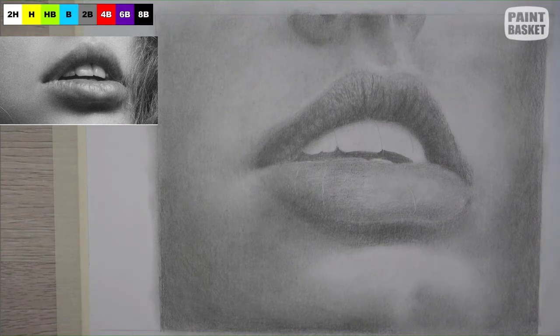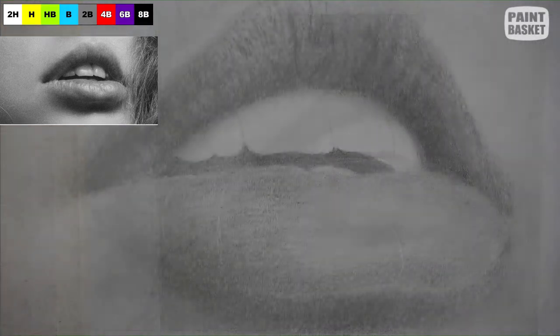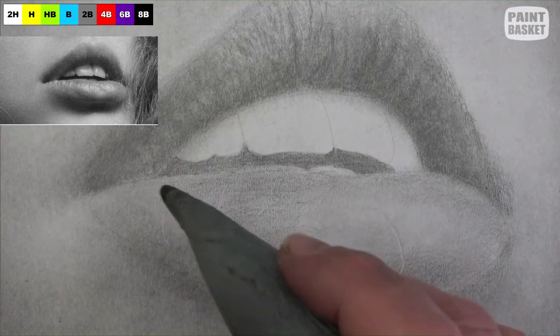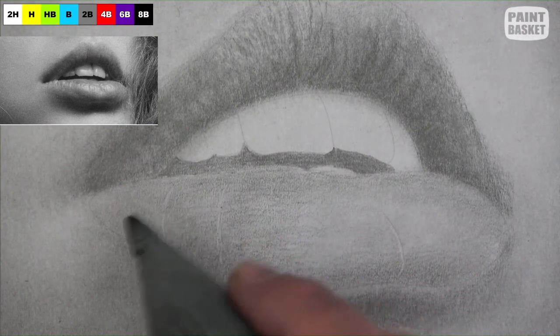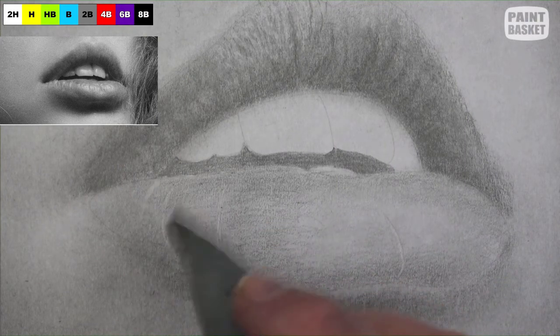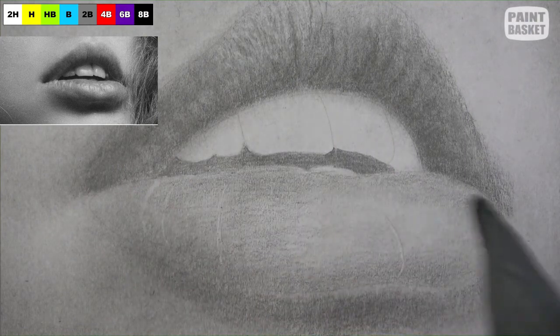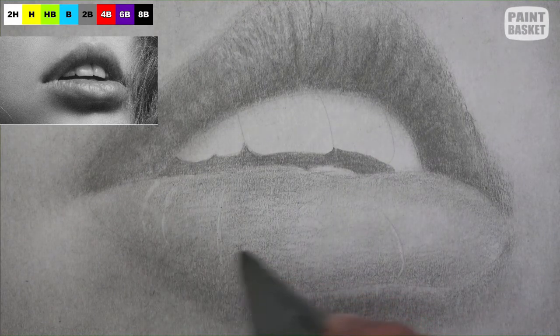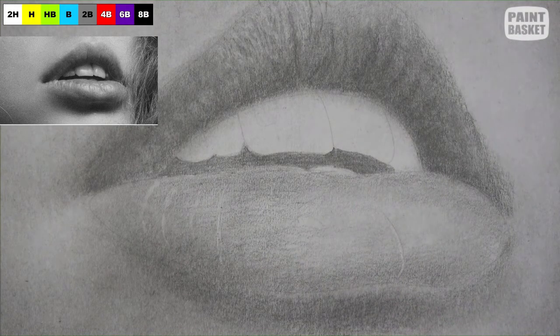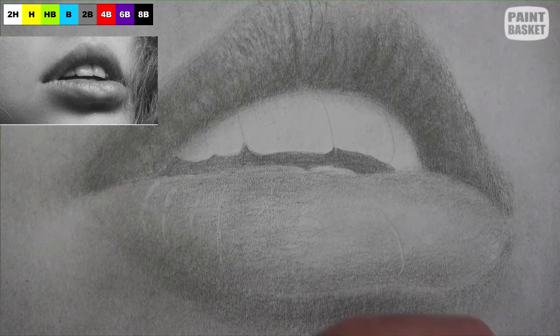Alright, so let's go to there, and let's start adding those guys in. So it's just using the kneaded eraser, and I'm just going to tap in roughly where these guys are. If they are too fine, like I can see some of the details here are really fine, then go over